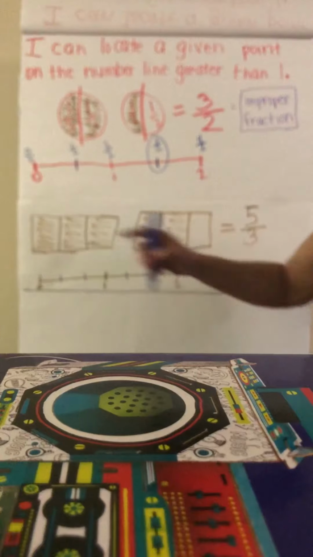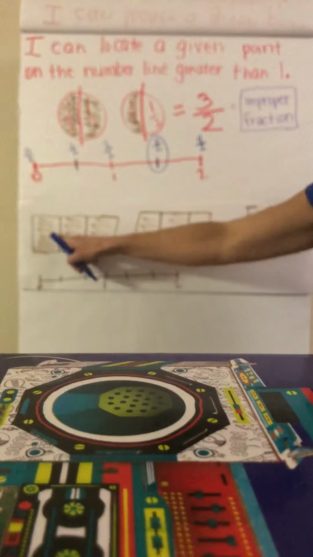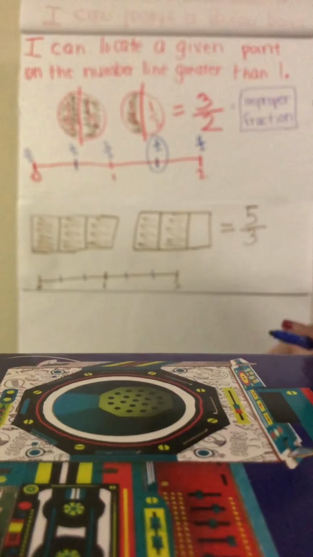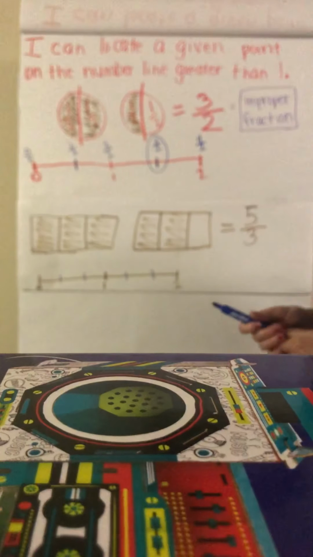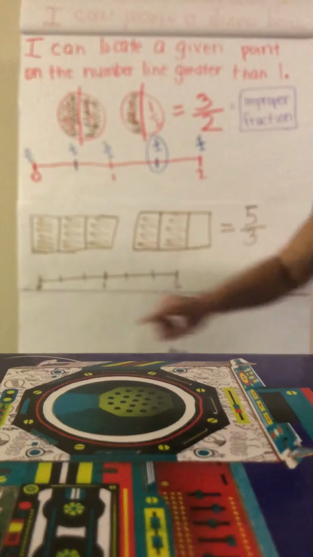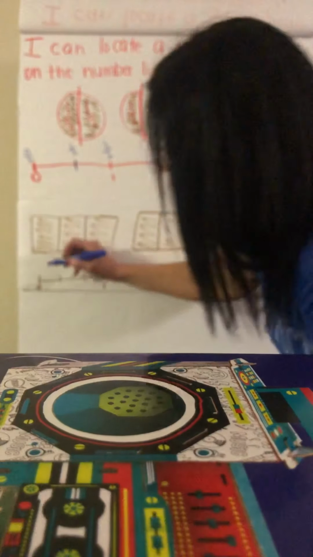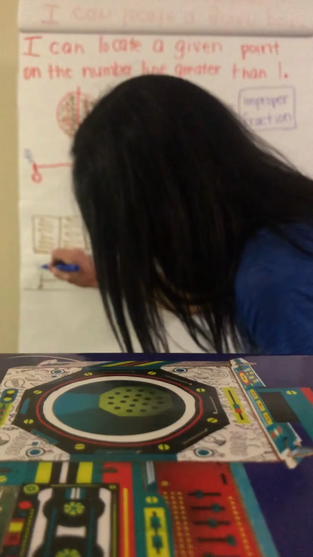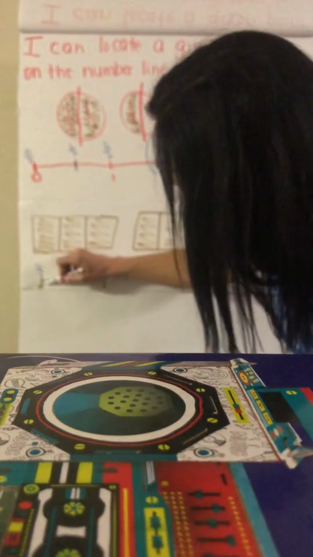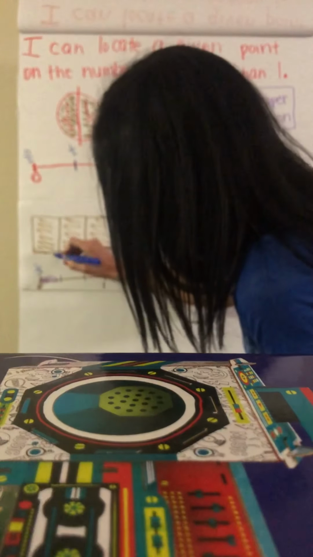Now it wants me to find where 5 thirds is. Remember, I've shaded 1, 2, 3, 4, 5 of the thirds. So I'm trying to figure out where 5 thirds falls on my number line. Don't forget, when I'm here at 0, there's nothing, so I'm at 0 thirds. I would literally be right here on this shape, 0 thirds. Okay, and I can shade to the next hash mark. There's 1 third,